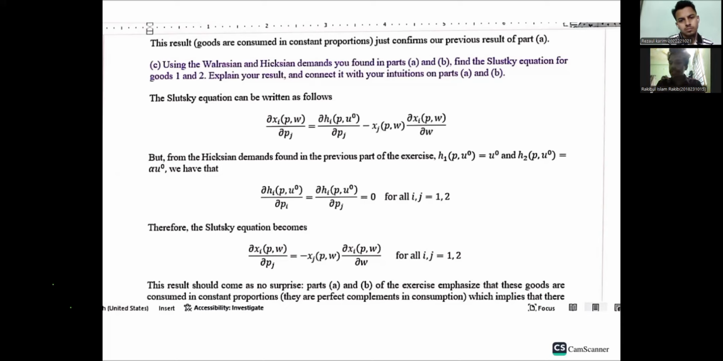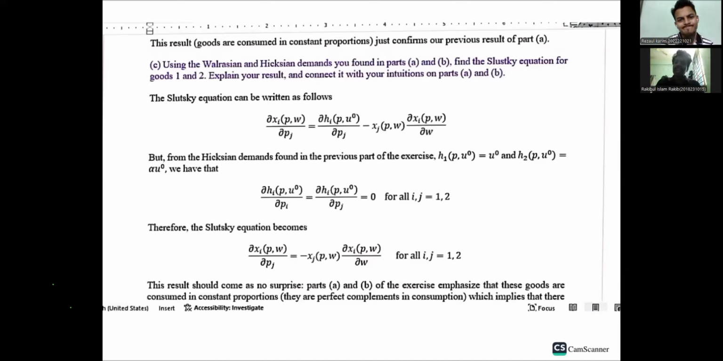and divided by differentiation of xi with respect to w. Can you see the slide? Yes, yes. So